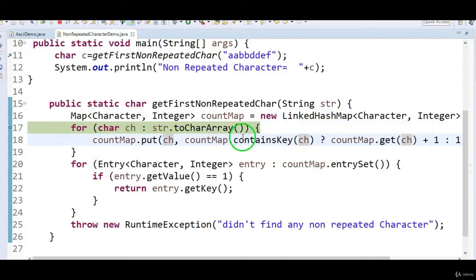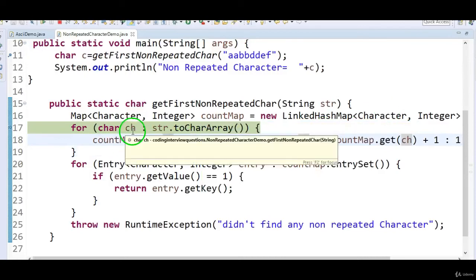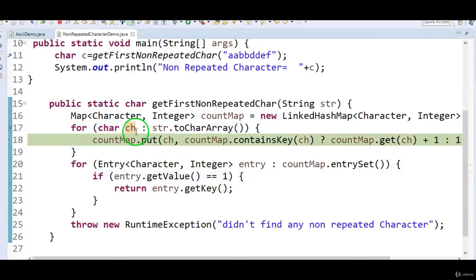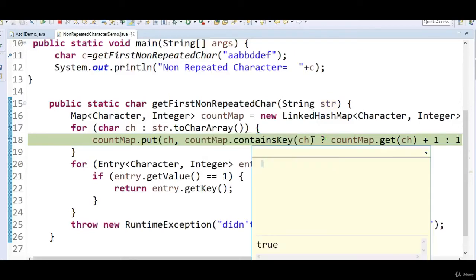Now, what is the value of the character again? The same, A, because I took A twice. Now what will happen? countMap.get of ch, if countMap.containsKey is true. Yes, it will return true because A is already present in this map.